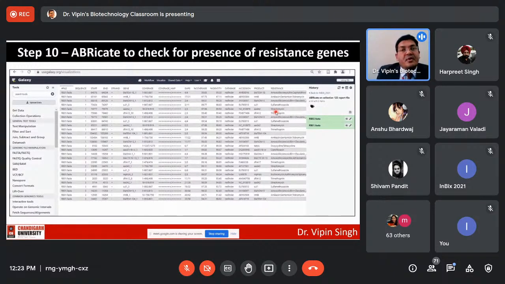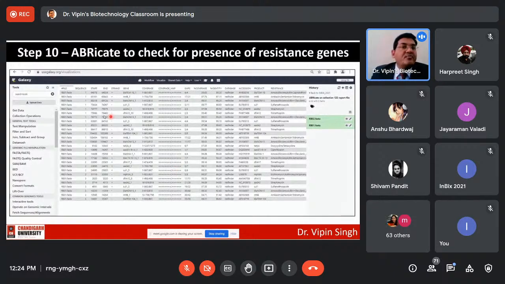Then, of course, remember our original objective was to check whether these plasmids have the resistance genes or not. So that can be predicted using Abricate, right? And Abricate is again a software that can go back and compare to ResFinder, or the resistance finder database, and map your sequences and show what is the similarity that you have with those resistance genes, and that will give you an idea of whether your plasmid contains